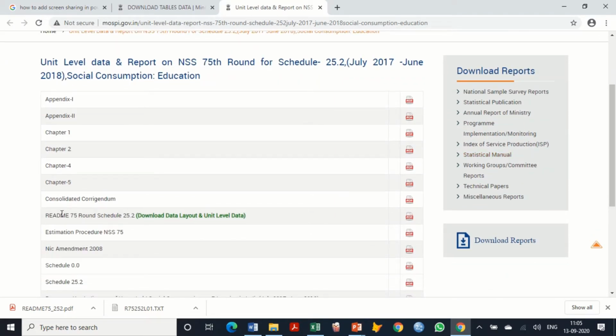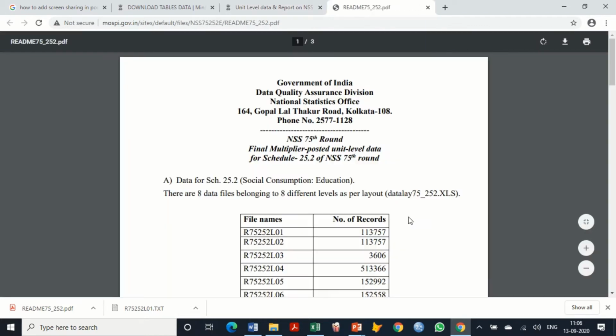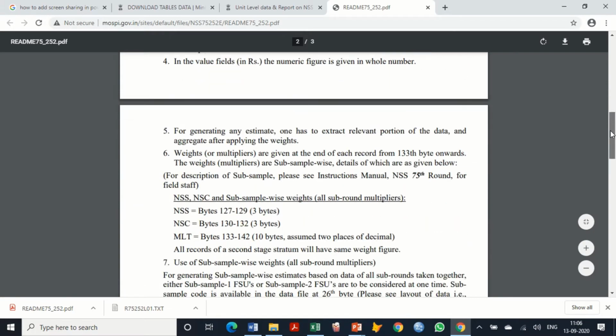Here in between you can see this is given: readme 75 round schedule 25.2, download data layout and unit level data. Once we click on this, the PDF file is very important for knowing how the data is to be structured, how many data points are there, where the multiplier is located, how to use the multiplier.